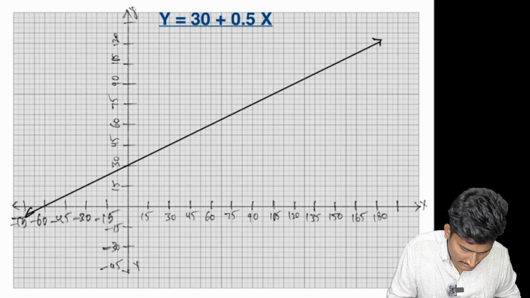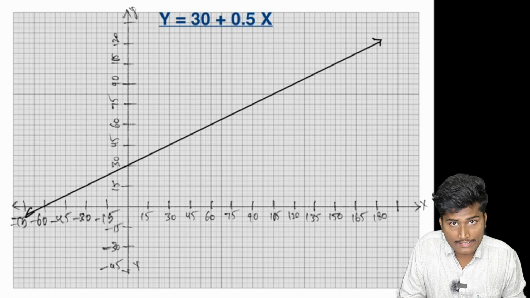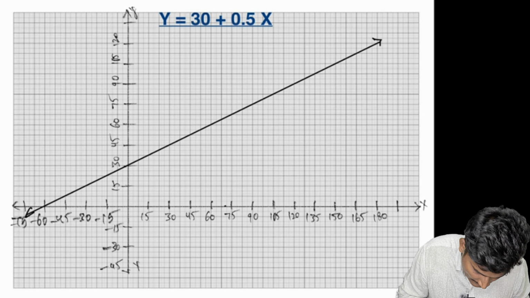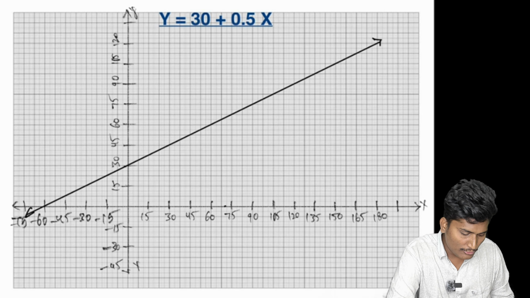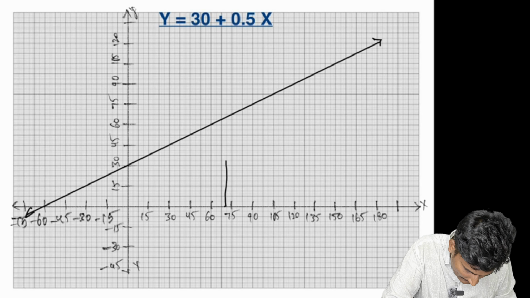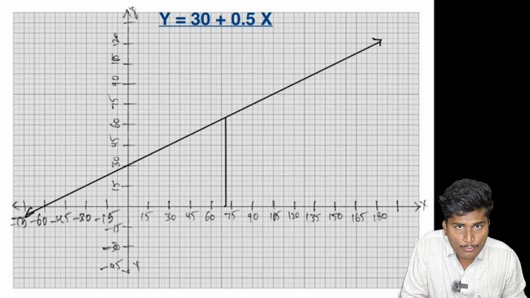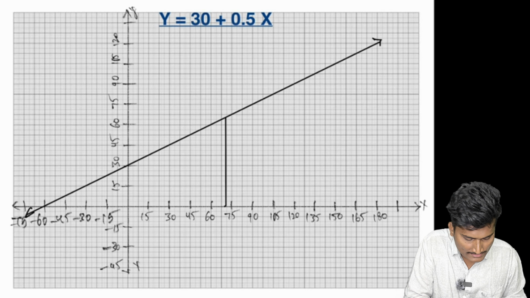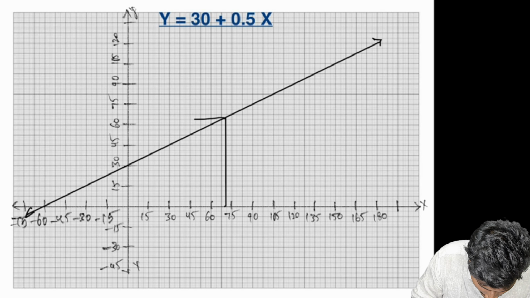Then you need to find the point 70 on the x-axis. 70 will be here. Now you need to extend that point until the line. If you extend it until the line, then it will be like this. Now from this point, you need to extend to the y-axis also. If you extend it until the y-axis, then you will get